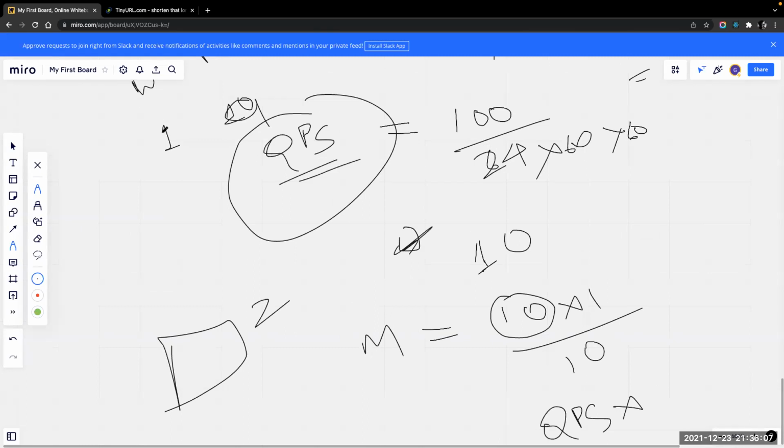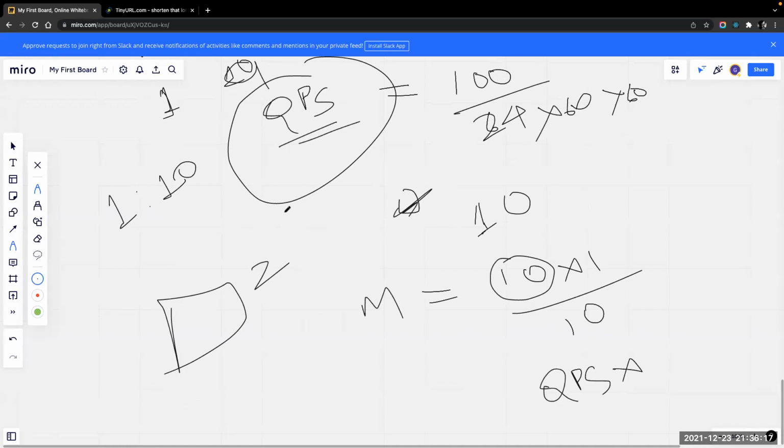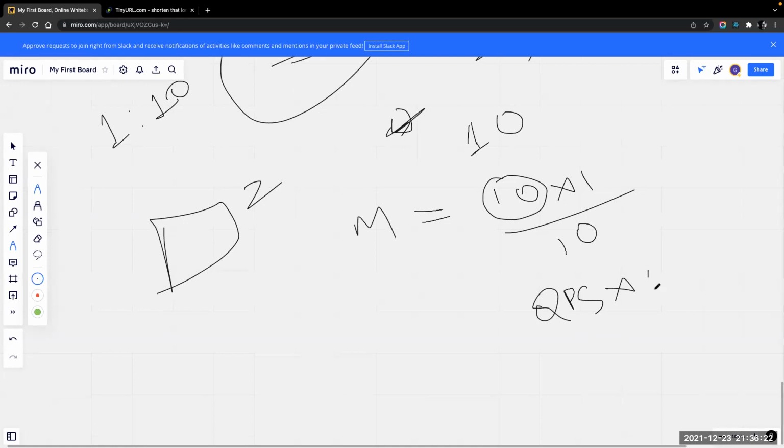We have the read-write ratio as 1:10, right? So we know for one master node there will be 10 reading nodes. So I will have 1 here, and the total number of systems we are considering here is 10. That is why we have 10. So in total 1 master node is enough.